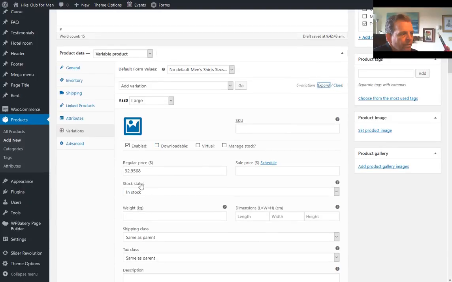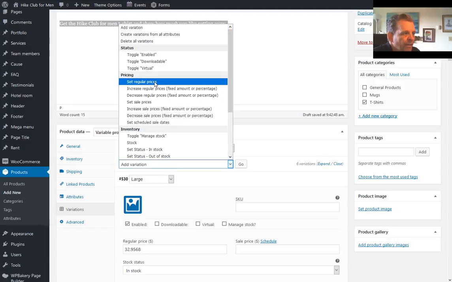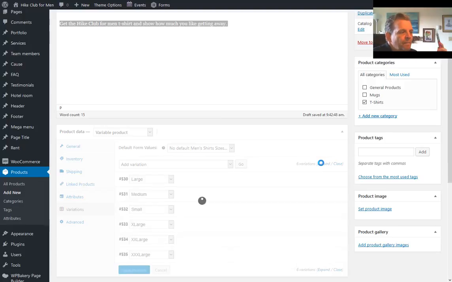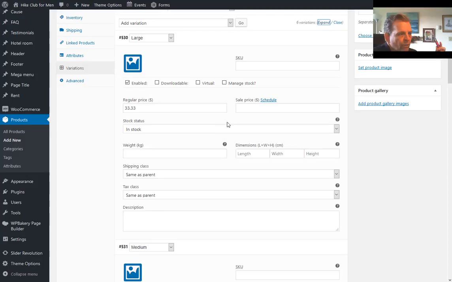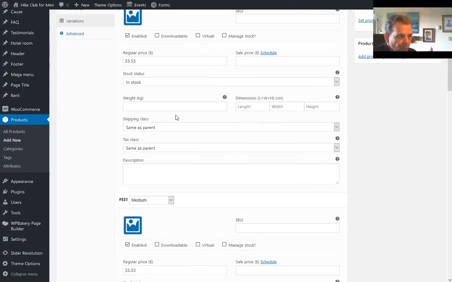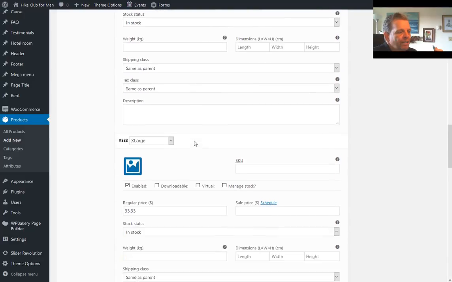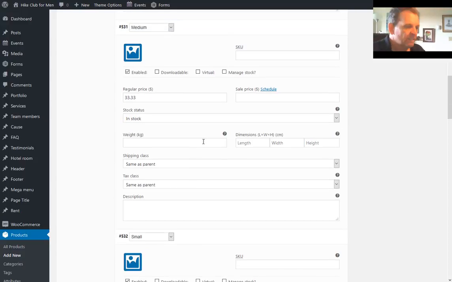and watch the prices drop all the way through. And we expand it out. See, it dropped them all down to 32 from the 34. So this is one thing you can do with it to get everything set the way you want it to be. This way you don't have to go through them all individually to set the prices. Very useful, but by going through here you can also go through and tweak and adjust every individual item if there's separate prices or separate things that has to happen with the individual items in it. So